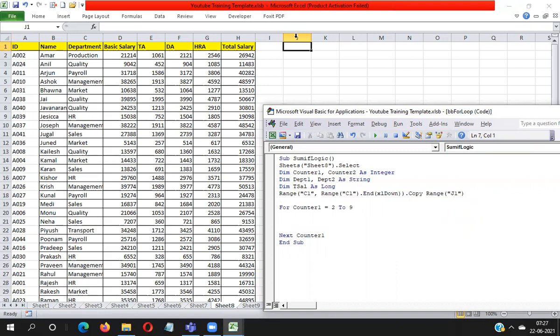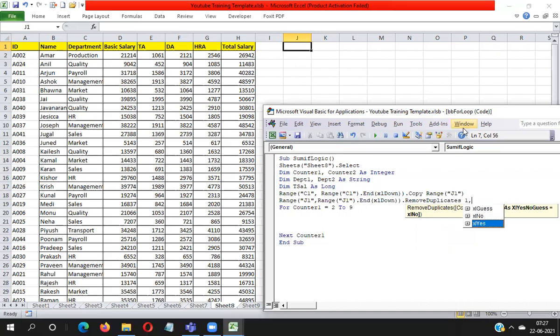Okay, then I have to remove the duplicate values, so I have to write here Range(J1, Range(J1.End(xlDown))).RemoveDuplicates, sorry, here I need to take 1. Why am I taking 1 here? Because I need to remove the duplicate values from a single column, the J column. Okay, that's why I'm taking 1 here.